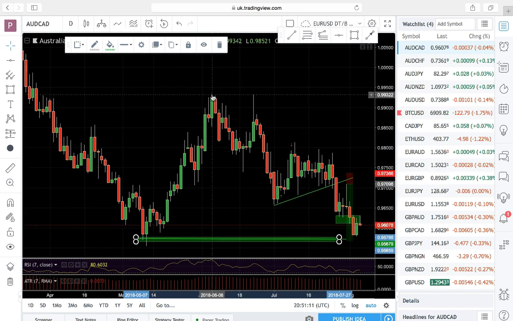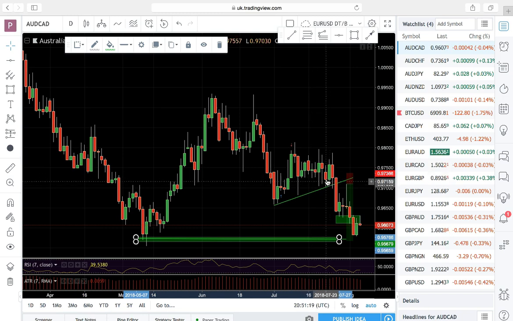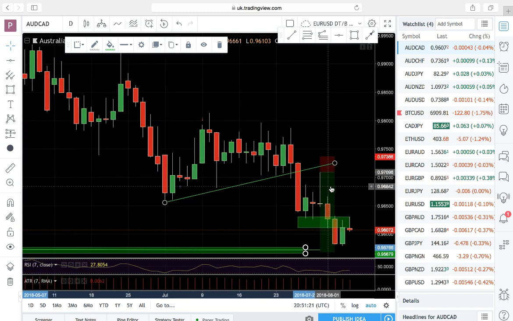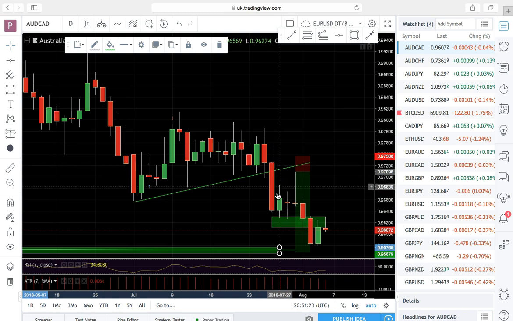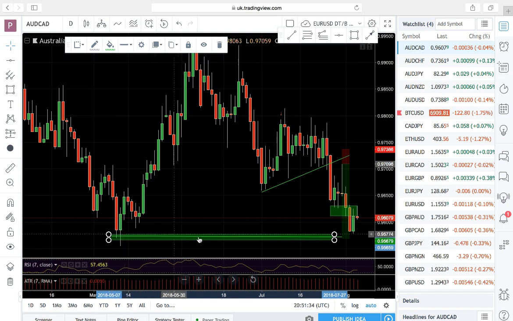This is your initial starting point. This is your new structure low. This is your outside return. New structure low, outside return. Probably going to be a new structure low, but as you know, this hasn't happened yet, so we don't know what happened from this point. But we're predicting a new structure low, another new structure low towards this major structure,